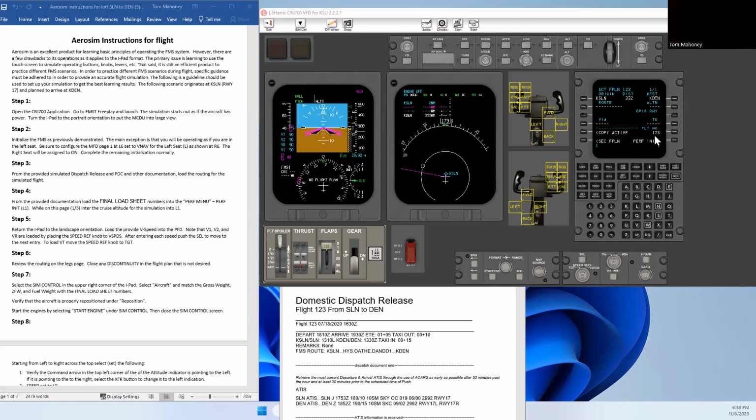Okay, I'm taking off on runway 17 at Denver, so I'm going to go to my departure page. I'm going to select 17. I'm going to execute that. I'll go back to the flight plan, verify I have 17 in the original runway, and then I'm going to go to Hayes. Hayes is a direct point. I can look down here at my verified clearance routing, and Hayes is the next fix. So HYS,